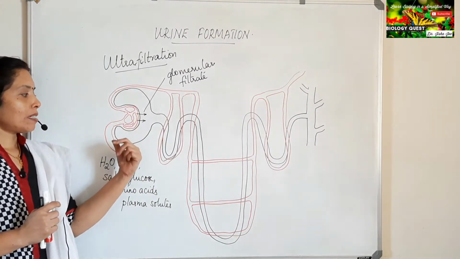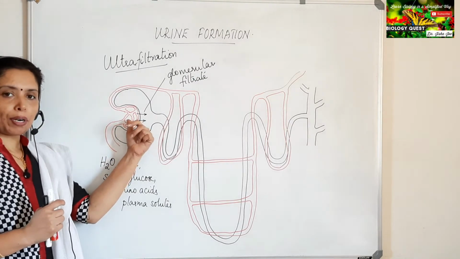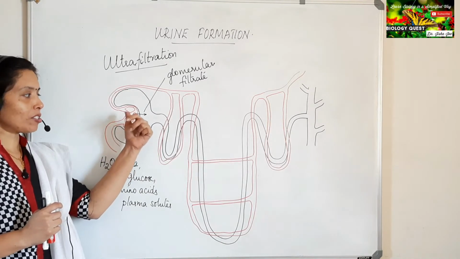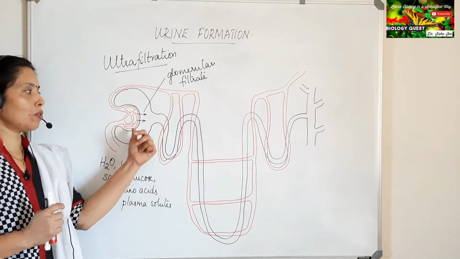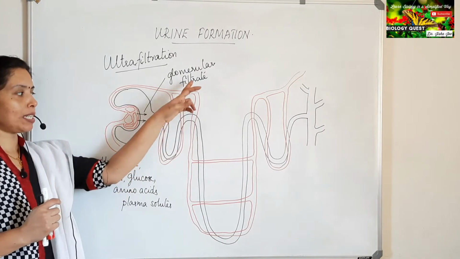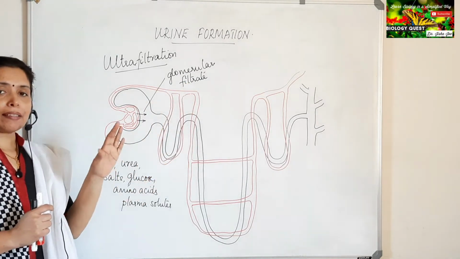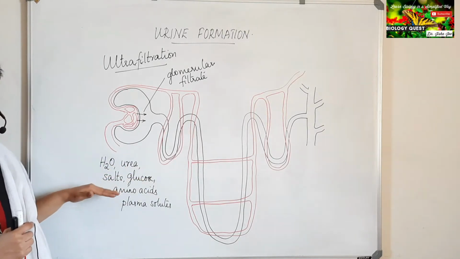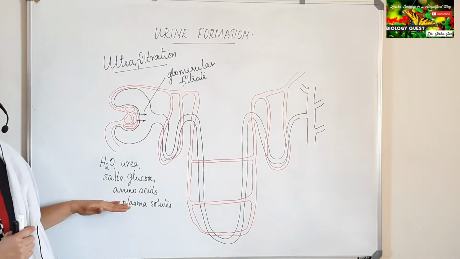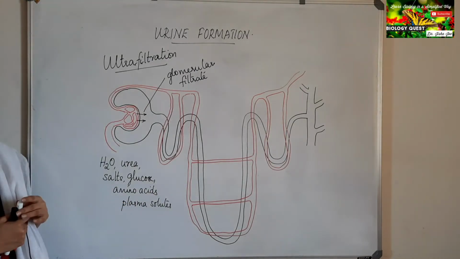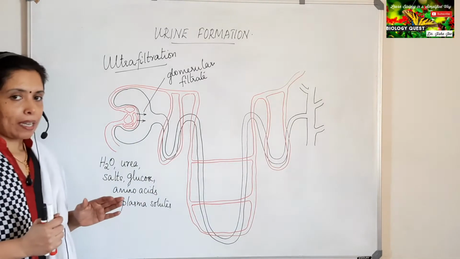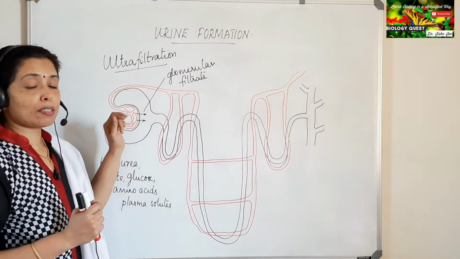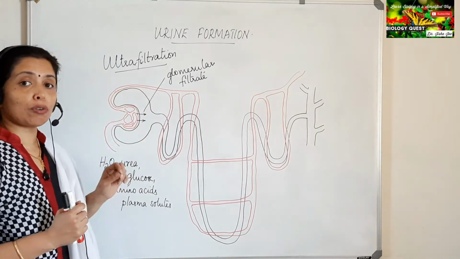Okay, so as the blood flows through the glomerulus, what happens? The filtration takes place, and the filtrate that enters into the hollow space of the Bowman's capsule is called the glomerular filtrate. This filtrate contains almost all the water, urea, salts, glucose, amino acids and other plasma solutes. Okay, now the blood which passes out from the glomerulus into the efferent arteriole will be